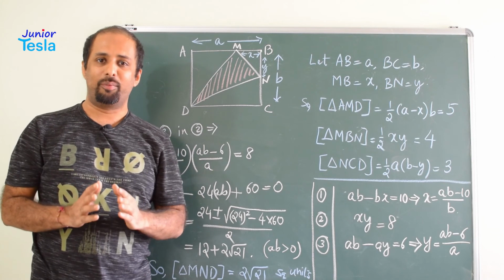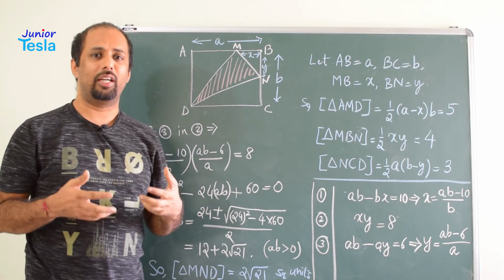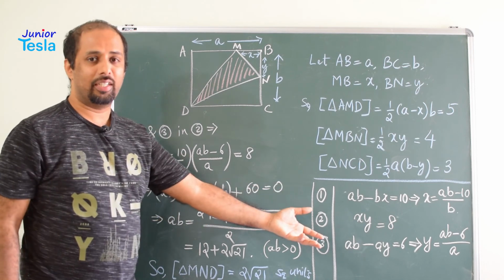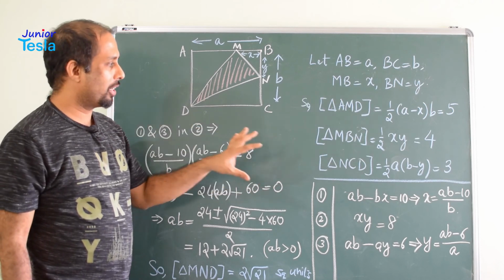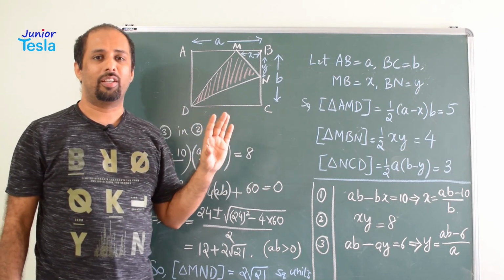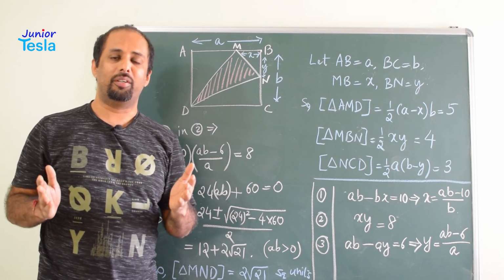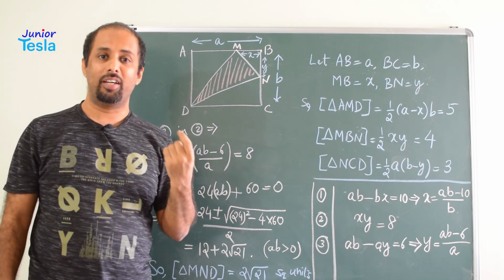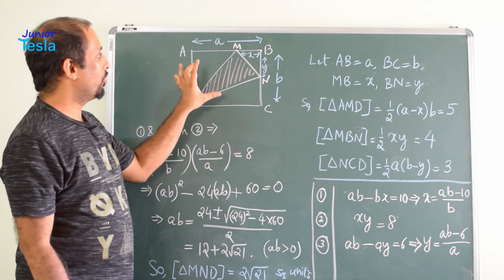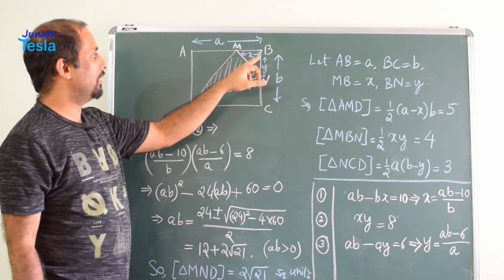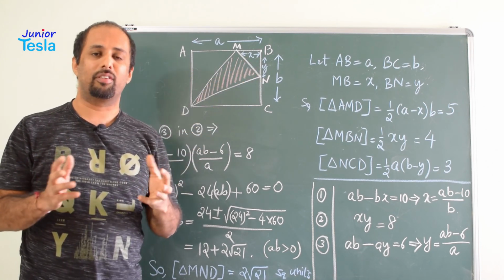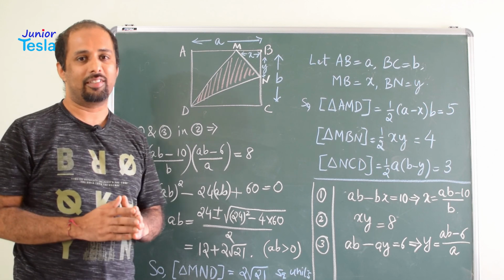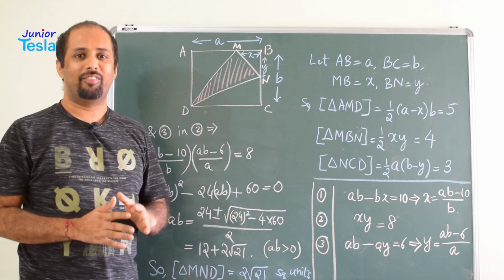A very simple, direct problem, but a very innovative one. You need a lot of concepts here, from algebra, from quadratic equations, from how to simplify expressions and so on. So many concepts are involved here, but basically it is a geometry problem. A rectangle is divided into 4 parts, each part a triangle. The areas of 3 parts are given and you are supposed to find the area of the remaining part. So you write the areas as expressions involving 4 unknowns, solve using the quadratic equation formula and finally get the answer. Simple one, but a very nice problem.